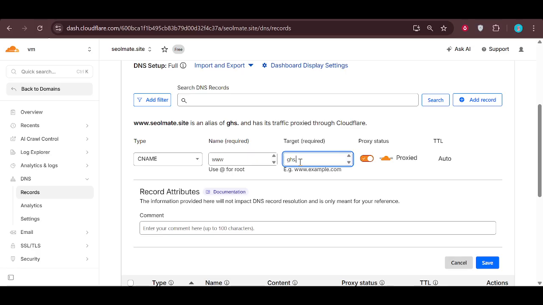Just make sure the name and target fields match the Blogger values exactly. If there's an option to toggle proxy status, you may want to start with the default setting Cloudflare suggests and adjust later if needed. After adding both CNAME records in Cloudflare, return to your Blogger dashboard, go back to settings,